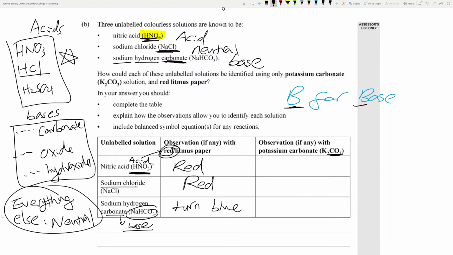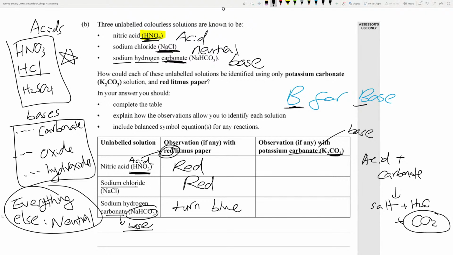Okay, now next one. So this is carbonate. Remember, again, this is a base. So you should know that when you have acid plus carbonate, this is one of those acid-base reactions. Acid plus carbonate gives you salt, water, and carbon dioxide. And this is the thing that we're interested in, because remember, this is a distinguishing test. If you have an acid that reacts with a carbonate,